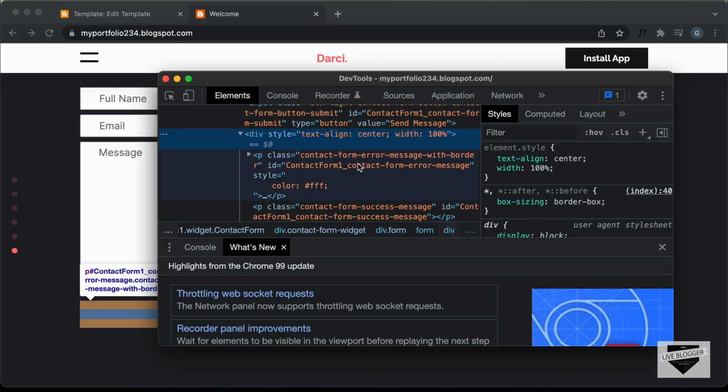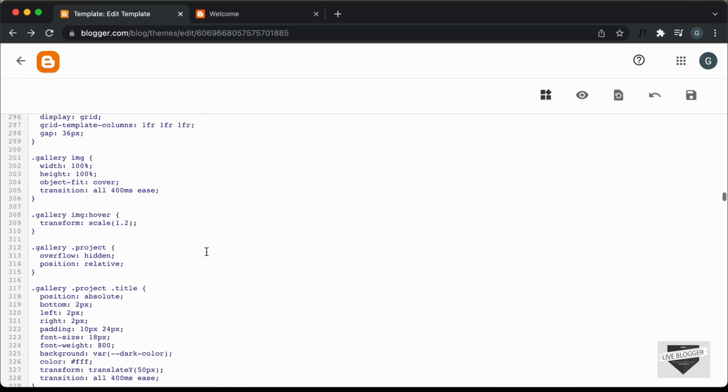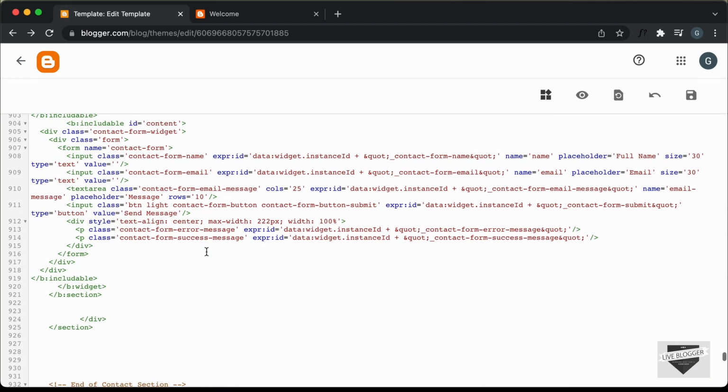Now let's make these changes in our theme code. So let's go back to our theme code. Let's scroll down, and here in the contact form, here we can see for the division we have this style of text align center and max width 222 pixels. Let's remove this. And here for the paragraph, let's add a style. Let's set it to color white, and we'll do the same for this paragraph. We'll set the color of the text to white. Right now let's save this,